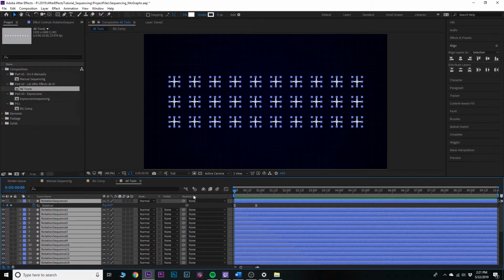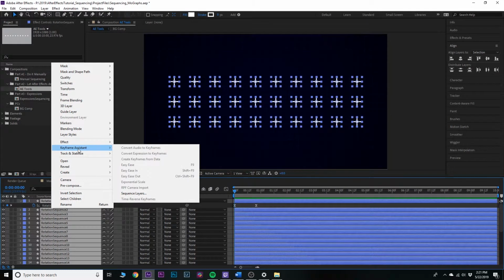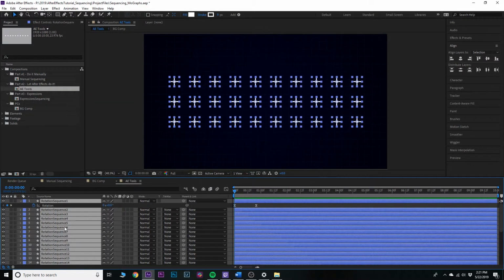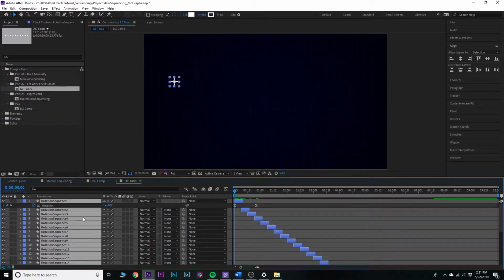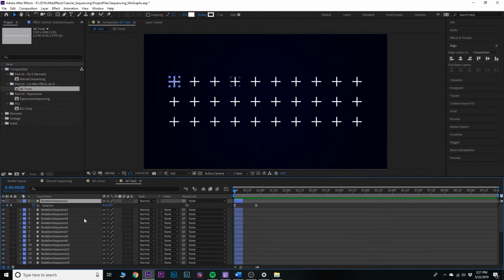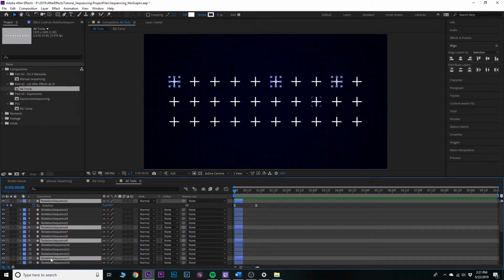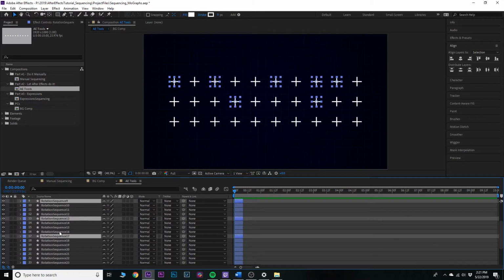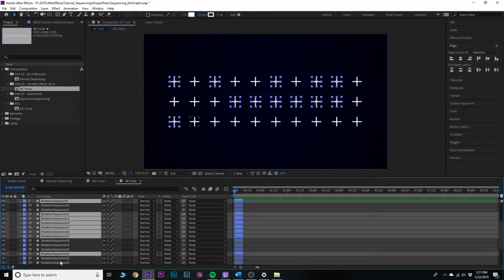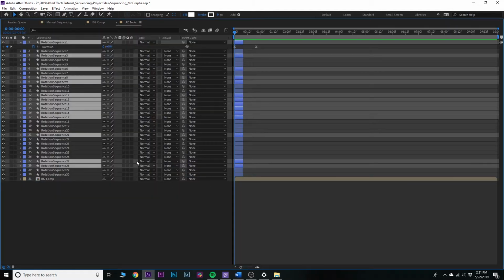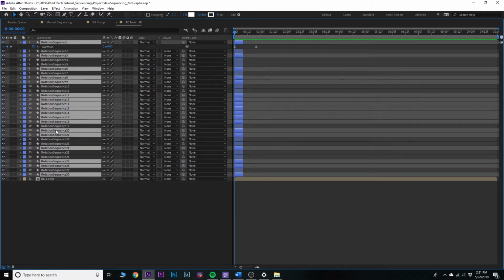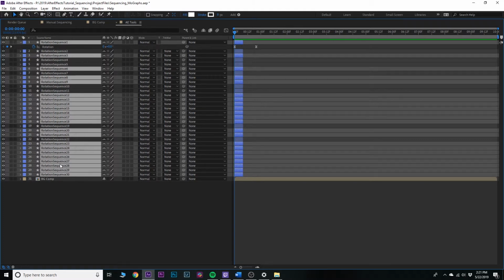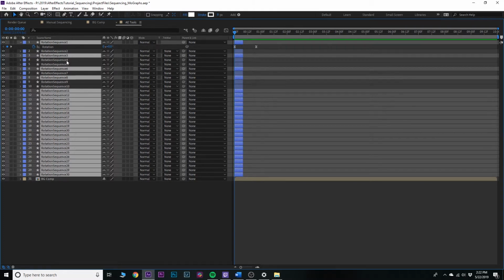You can now sequence layers very efficiently using the sequence layers in the keyframe assistant, which, again, right click, keyframe assistant, sequence layers. Oh, and before I forget, let's undo that. And hypothetically, if you wanted to offset things or sequence things in a random order, let's just select all these layers. Let's just maximize that. Selecting, still selecting,